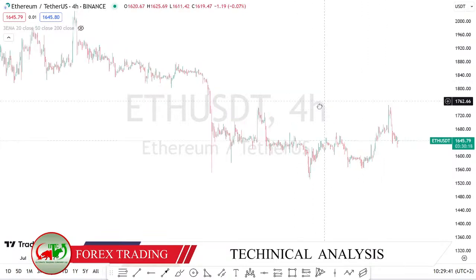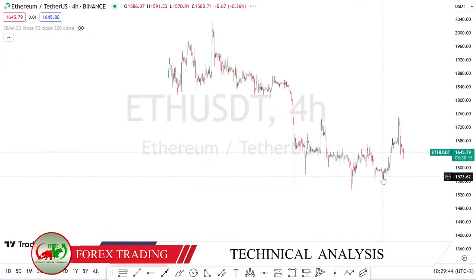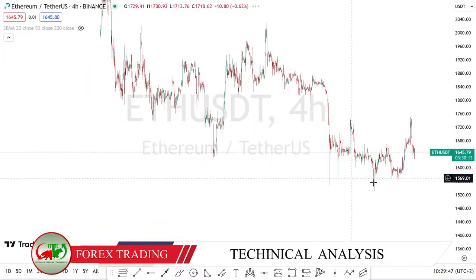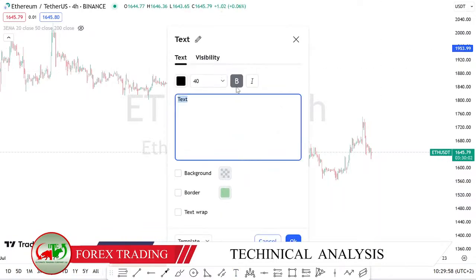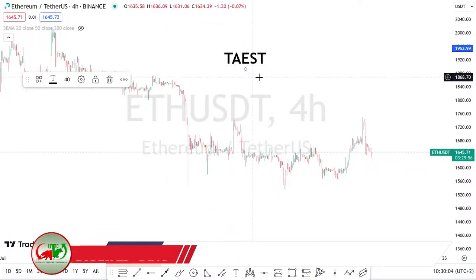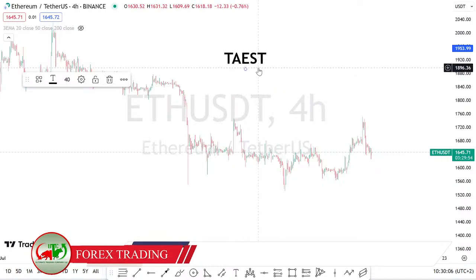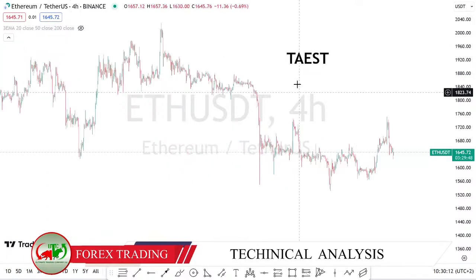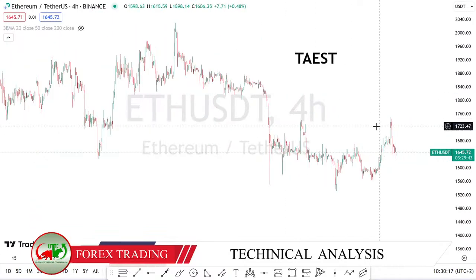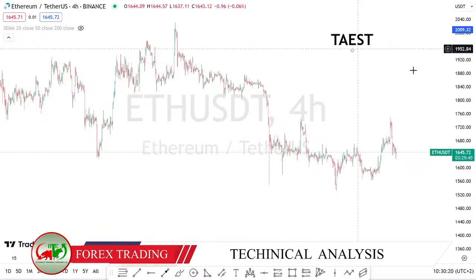Okay, Mr. Emperor, I think I told you how we do analyze the market. We simply follow the system we have developed, which is called TAEST. And it is applicable to all of the markets. TAEST, where T stands for trend, A stands for area of value, E stands for entry, S stands for stop, and target, okay? The trend will tell us who is controlling the market, okay? And the area of value will tell us where to look for sell opportunities.